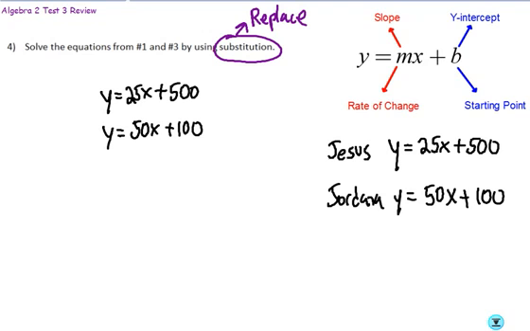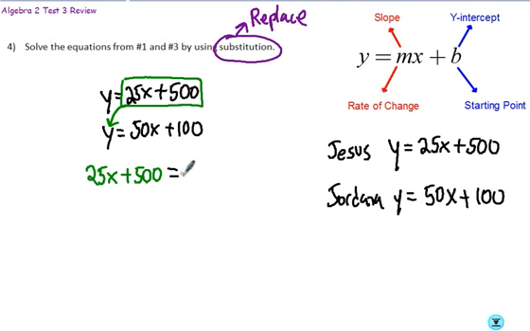And so what that looks like is that I'm going to take the first equation, 25x plus 500, and replace it into the second equation. The reason why I'm putting it there is because this says y equals 25x plus 500. Well, if that's what y is equal to, then I could replace that y right there. So I would have 25x plus 500